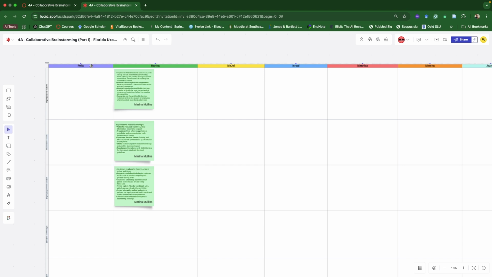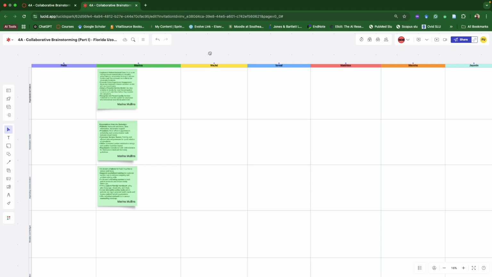You can also use the colors of your columns, if that makes it easier for you. You're not being confined to a particular color, so you can stay with the color of your column, or you can use other colors. That's fine. This is really not a big problem there. Now you can put in more than one sticky note in your respective cells. That's fine. But I generally want this to be short and sweet.